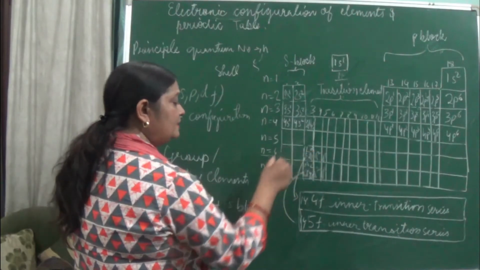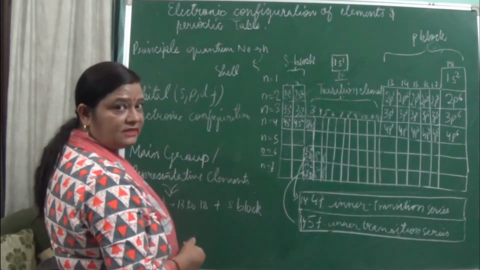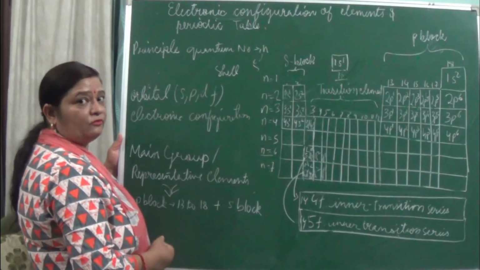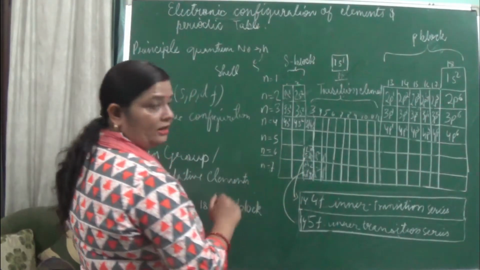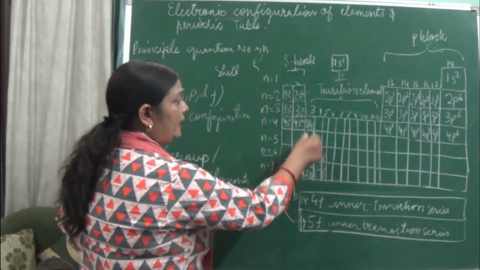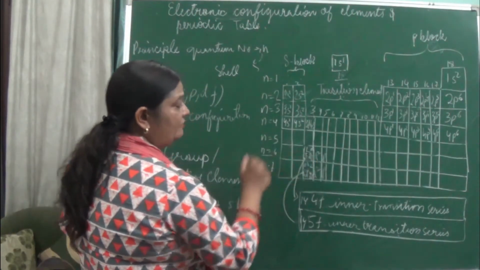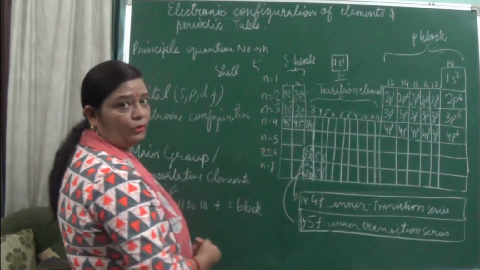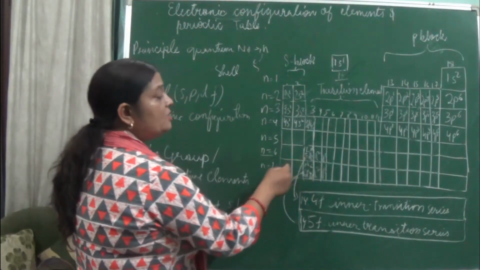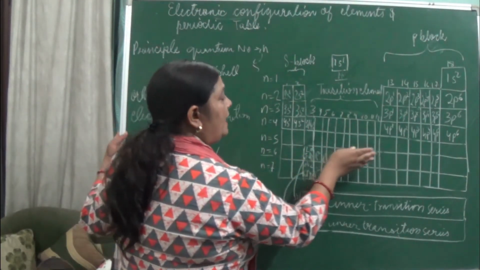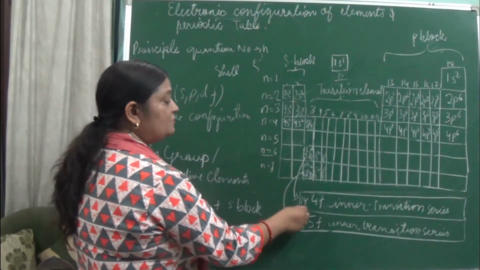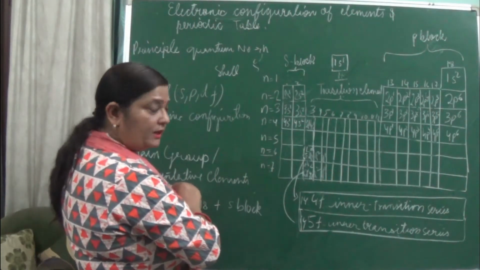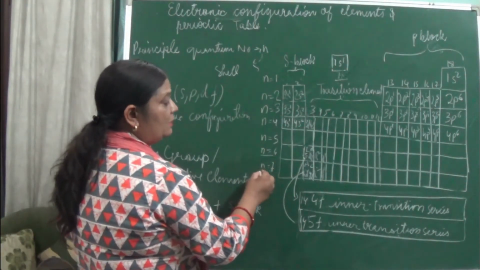So how many elements can be accommodated? This f consists of how many orbitals? 7, so how many electrons can there be? 14. So there will be 14 elements. Okay, so in the third group, as soon as 5d1 is filled, the 4f elements start filling, and all the 4f elements are filled here. Suppose there are 18 elements; 18 plus 14 we will take in period number 6.